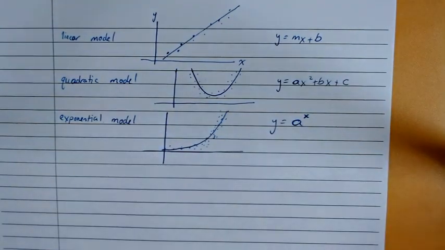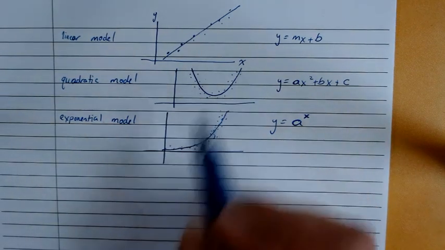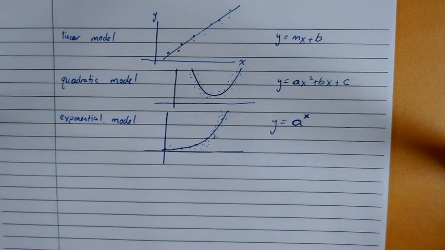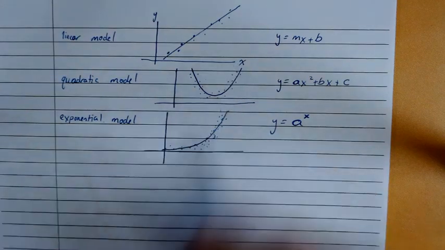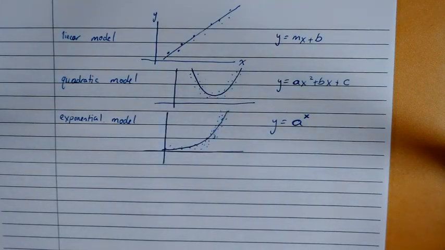The next model we want to look at is something that's quadratic in form. An example of this is often seen in physics. Whenever you measure the trajectory of an object, whenever you measure when something is thrown, oftentimes you have a shape similar to this which appears. For example,